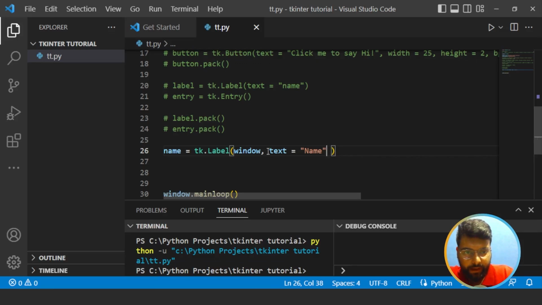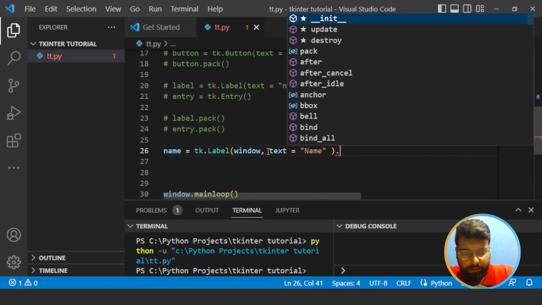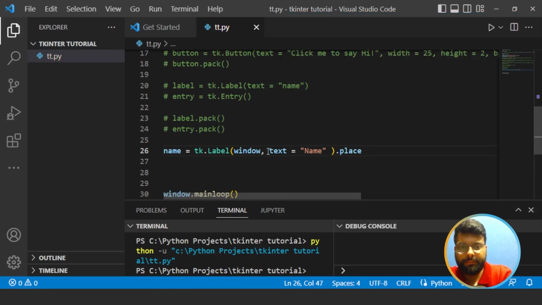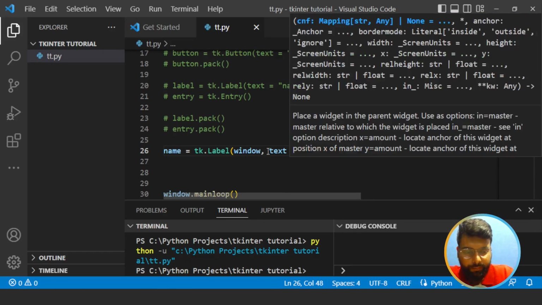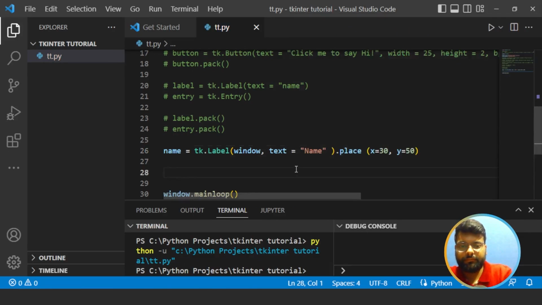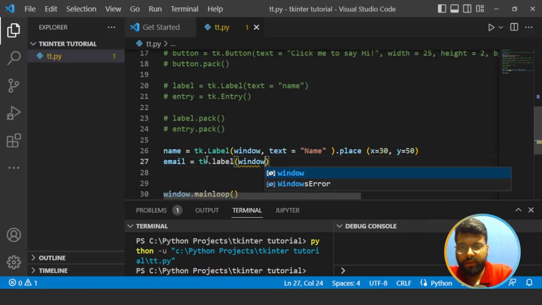So we have created a label here, and we will use the place method to get it displayed on the Tkinter window, and we'll set the x coordinate as 30 and y as 50 pixels. And moving on, we will set the entry widget and a label. First we'll set the label for email, so for that we'll also create a label, and inside we'll pass the master, that is window,